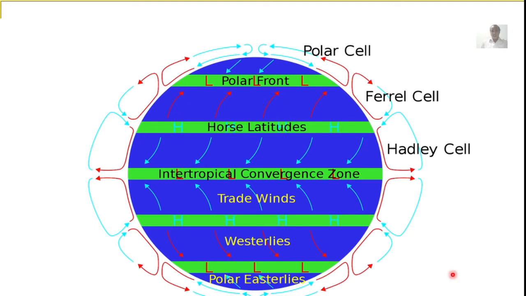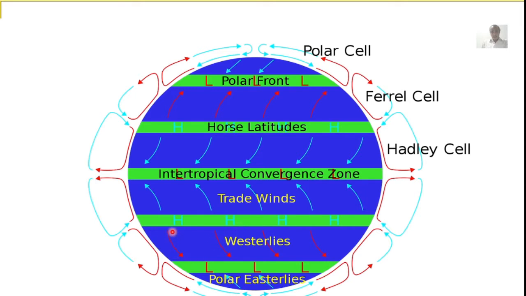So this is an earth globe. This region is nothing but the low pressure region, the so-called polar front. The next region is a high pressure region. This is nothing but the Earth's latitude. Here the wind blows from the high pressure region to the low pressure region. So these we call the prevailing winds. These prevailing winds turn towards the west direction by the Coriolis force. These directions of winds we call trade winds.